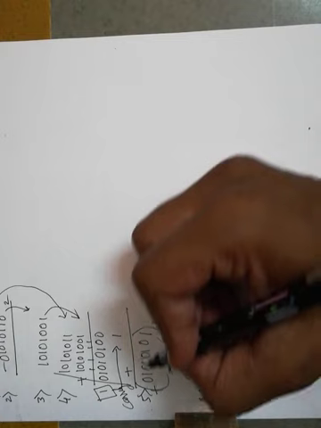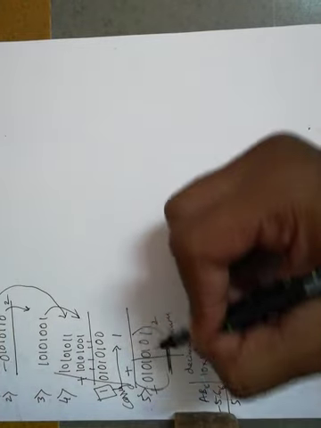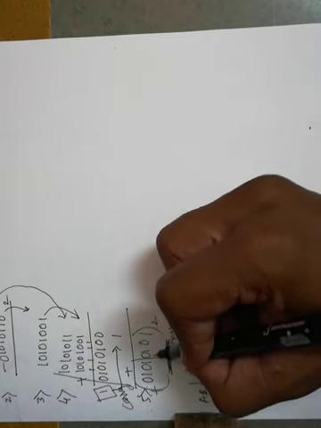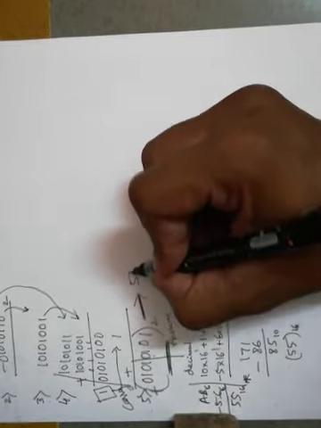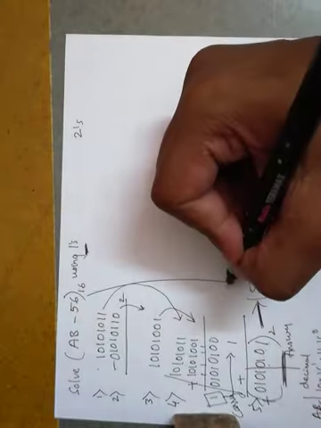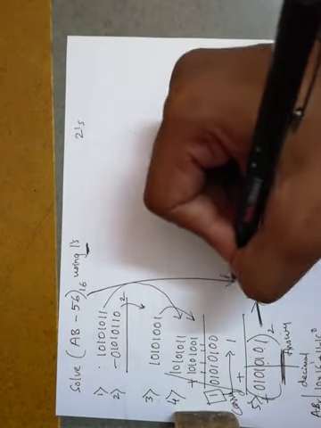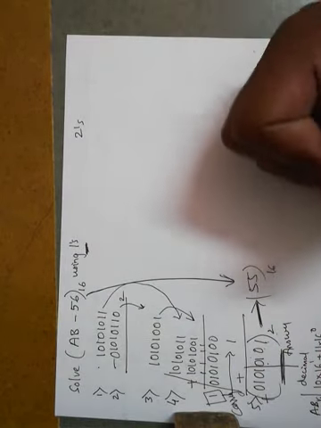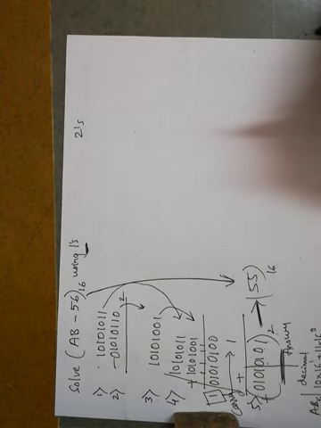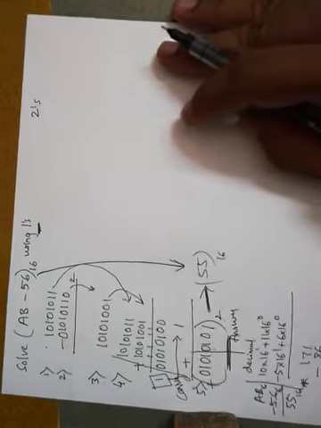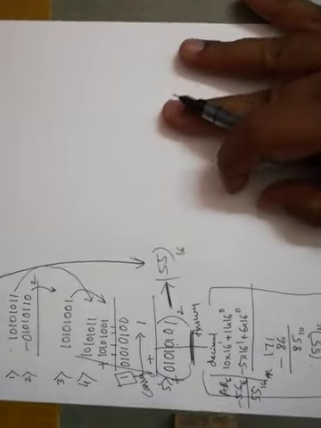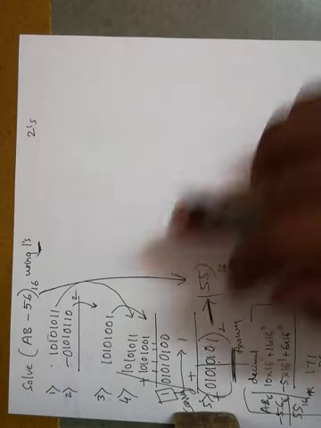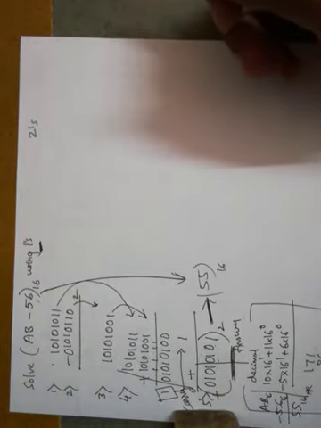So this is our binary answer. How to convert binary to hexadecimal is make groups of 4, 1 2 3 4, 1 2 3 4. So this is our 55 in hexadecimal. So our verification is this answer, AB minus 56 is 55 in hexadecimal. Same we got in binary also. Okay, like I said, if this verification step is tough for you, you can skip it. Often we will be asked to do it in binary itself.